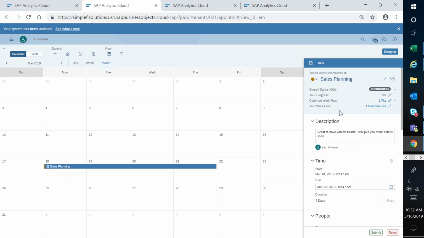So I feel like I rushed through the demo a little bit. Hopefully you got a little bit of insight as far as some of the planning capabilities within Analytics Cloud, learning some of the terminology that we use, around the disaggregation and the advanced formulas functionality.